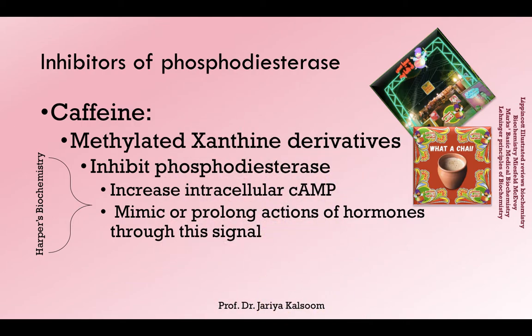Now coming to biochemical correlations, people consume tea or coffee to become alert because the methylxanthine derivatives in caffeine, besides inhibiting adenosine receptors and calcium mobilization, inhibit phosphodiesterase, which may lead to a buildup of cyclic AMP in cells for a longer interval. This leads to lipolysis and increased availability of substrates for energy generation.